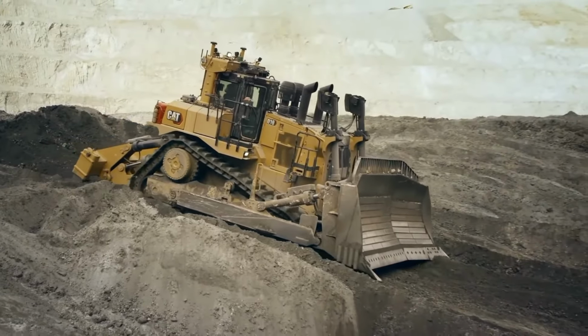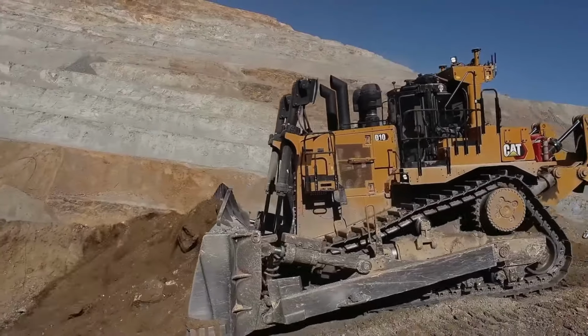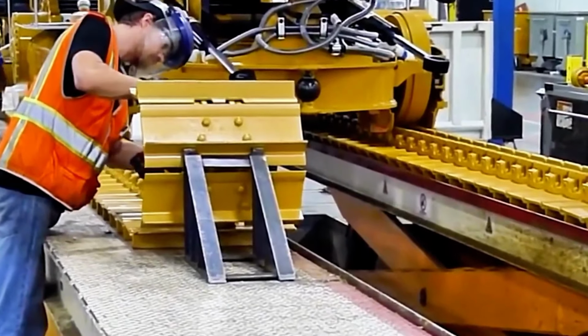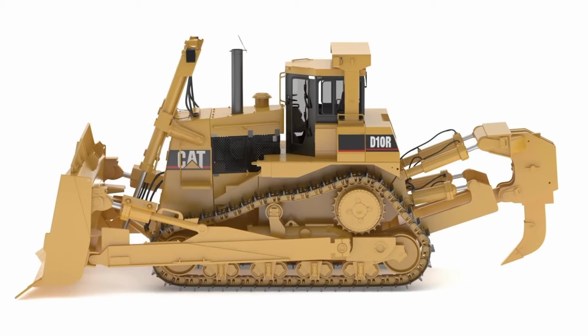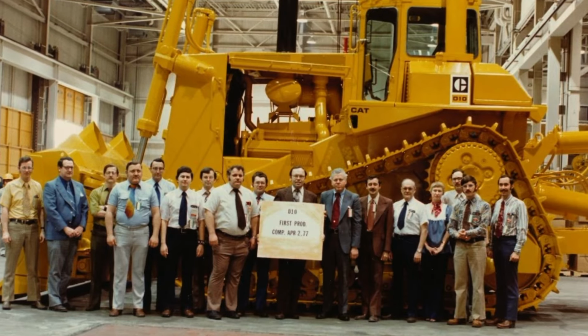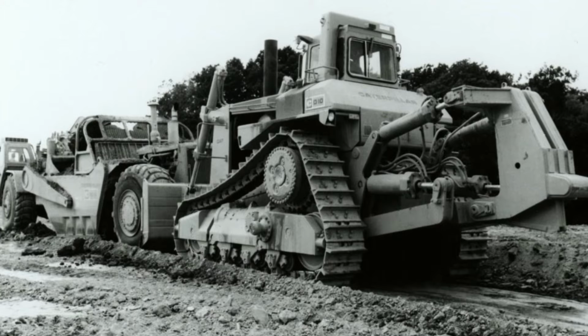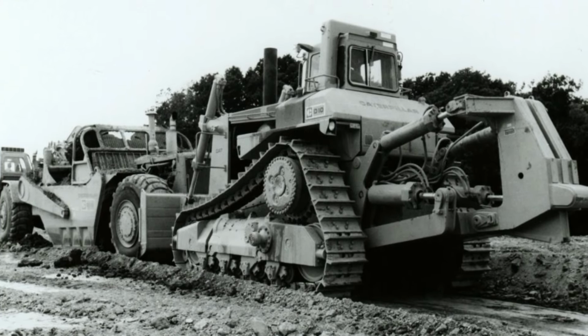Ever wondered what made Caterpillar the king of construction and unbeatable in the competition? It's one step to the manufacturing of blistering bulldozers with the name D10. Well, the first Cat D10 Dozer made its debut in September 1977, presenting a groundbreaking design unlike any other dozer